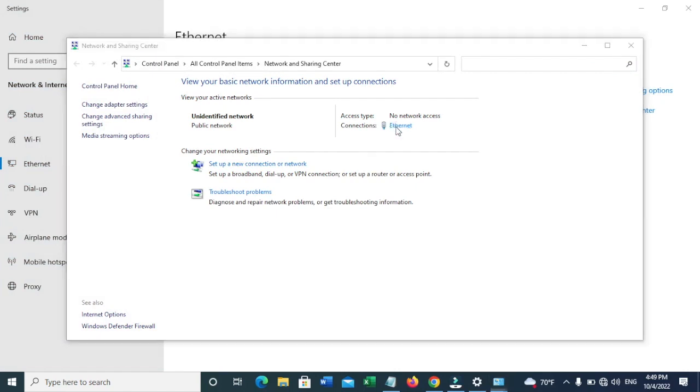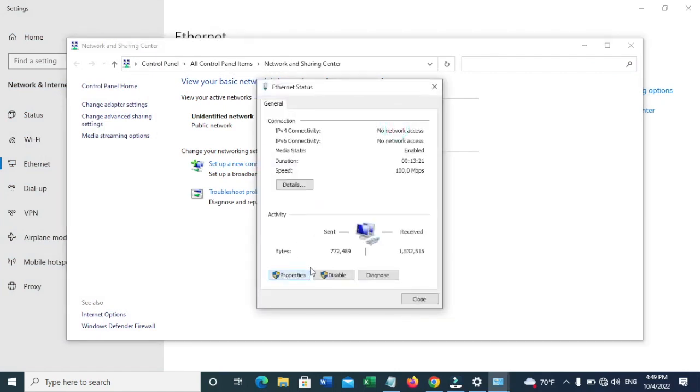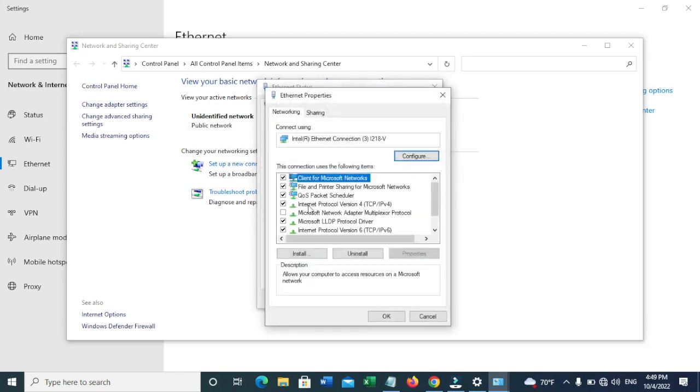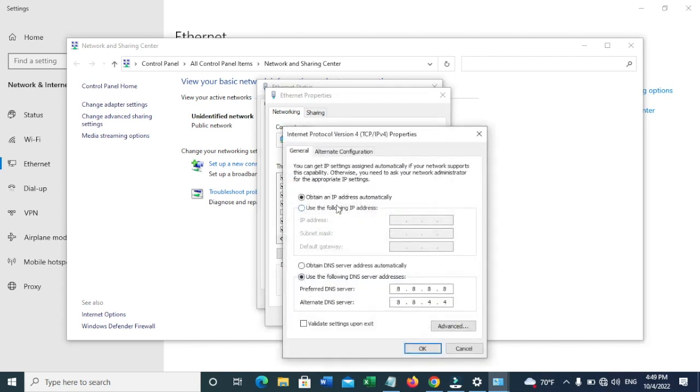So select on the Ethernet. You can see properties and then go into Internet Protocol version 4. So now, as you can see, it's obtaining IP automatically. You should put an IP address that's matching, or the numbers are matching with the IP of Ubiquiti Nano Station. So the default IP of the Ubiquiti is